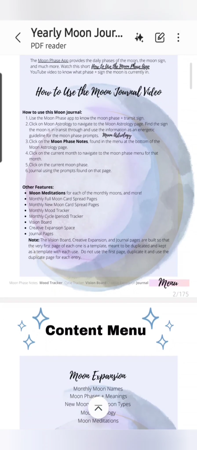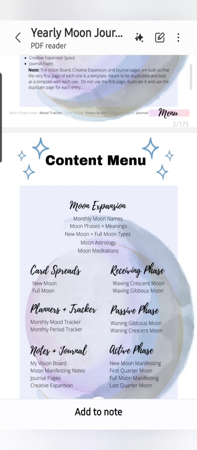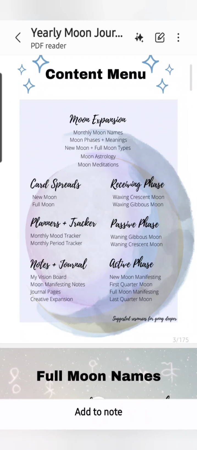Okay, as we scroll up here, the first thing you want to do is use that app to understand the moon phase and the transit sign. And I've already looked it up. The moon phase is a waning crescent and the transit sign is Capricorn. So what I am going to do is go to the menu, and I did that by clicking on menu here. So I'm now in the menu, and now that I know what sign the moon is in, I'm going to go to Moon Astrology. So I'm going to tap that,